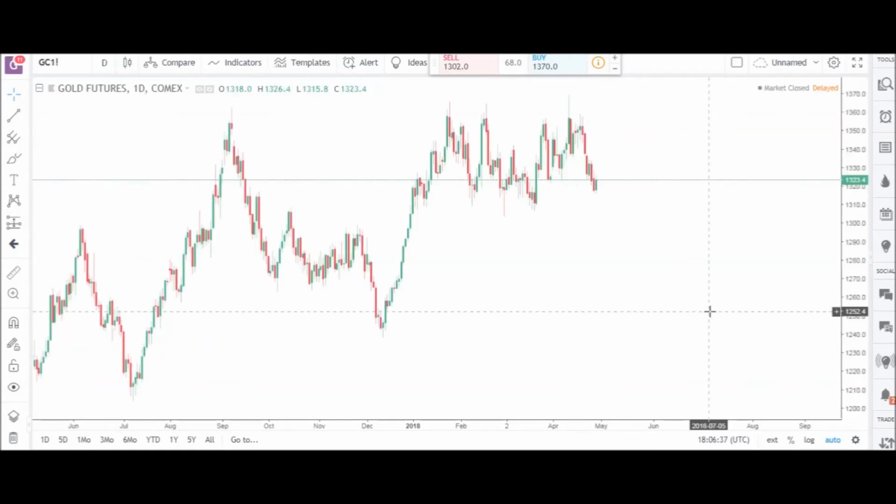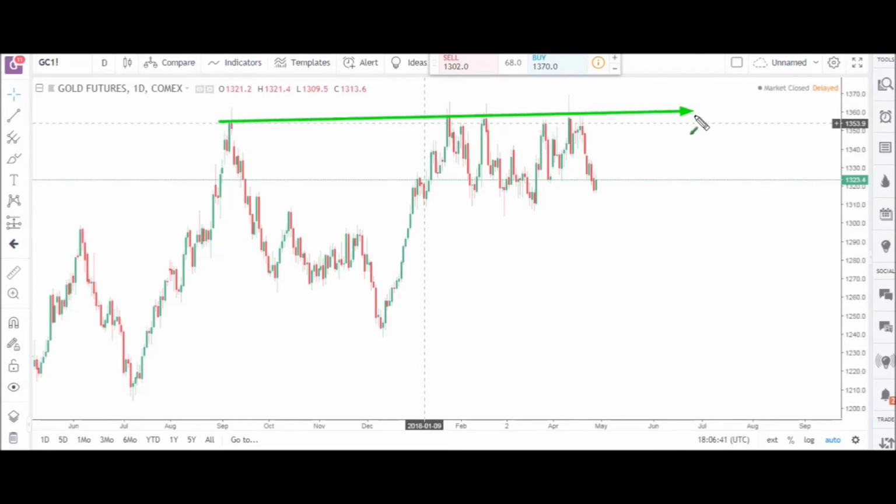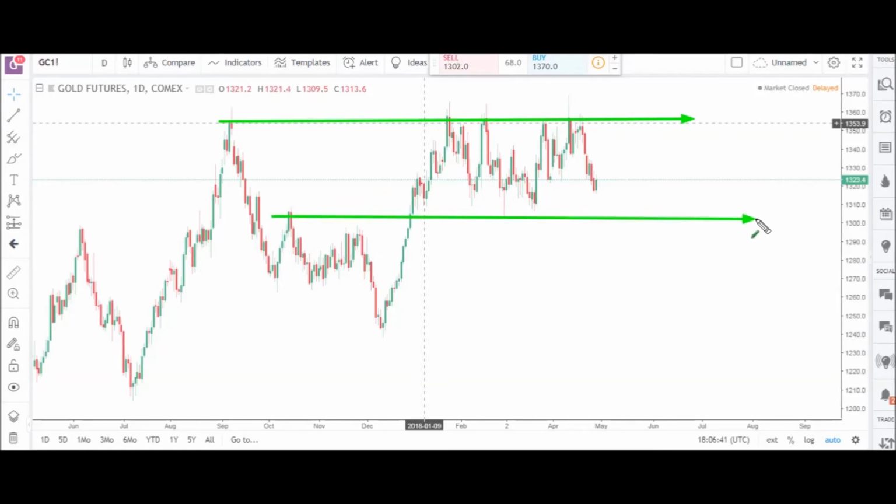Okay, so the next market we're going to be looking at here is the gold commodity futures market. Another interesting market to follow last week. We've been talking about the 1350 major resistance level for this market and a key support zone at the 1300 major round number. That's basically holding price up and creating a channel for the market to consolidate and be indecisive in. More recently, we've had multiple tests of the 1350 resistance level, and each time price has not been able to break past it. In fact, here we had a very strong fake out